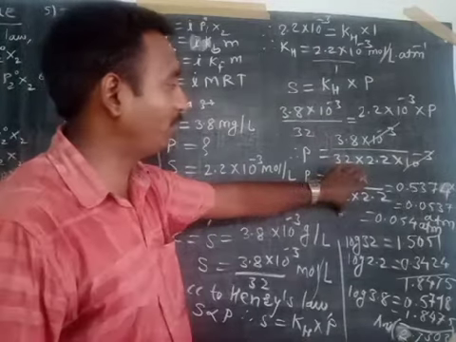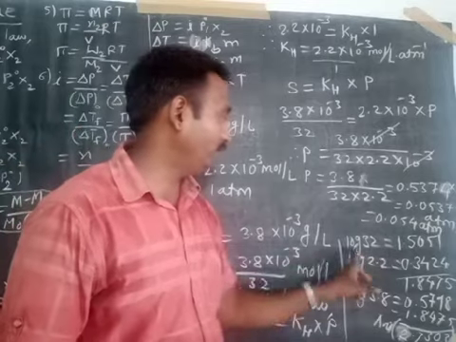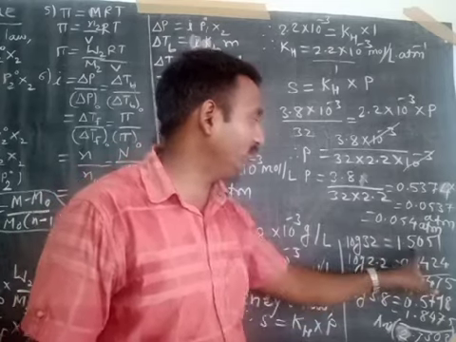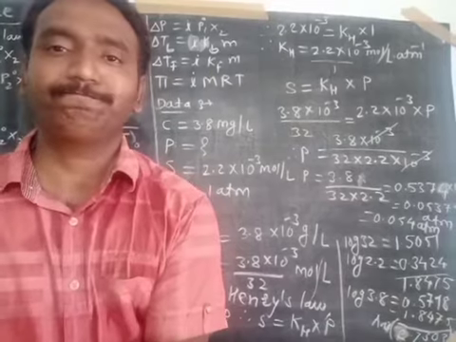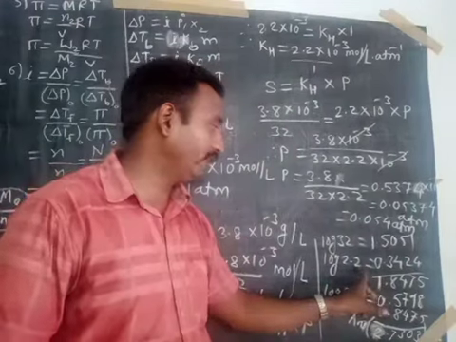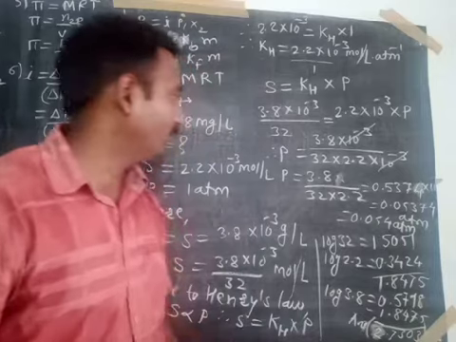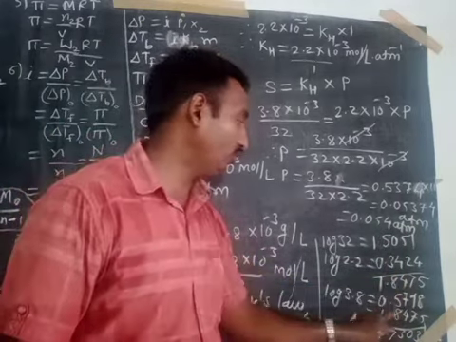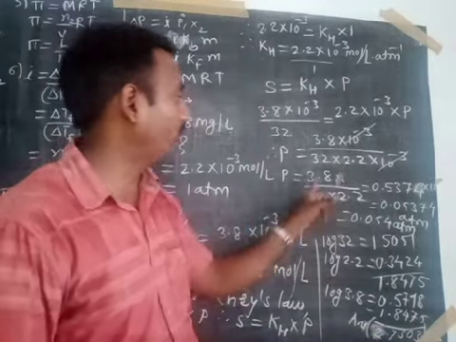To solve this calculation, we can use logarithms. Go for the log of 32 first. Characteristic is 1 and the mantissa for 32 is 5051. Log of 2.2, characteristic is 0 and the mantissa for 22 is 3424. Both the terms are in multiplication, that's why there should be addition of logs, and addition of logs gives 1.8475.